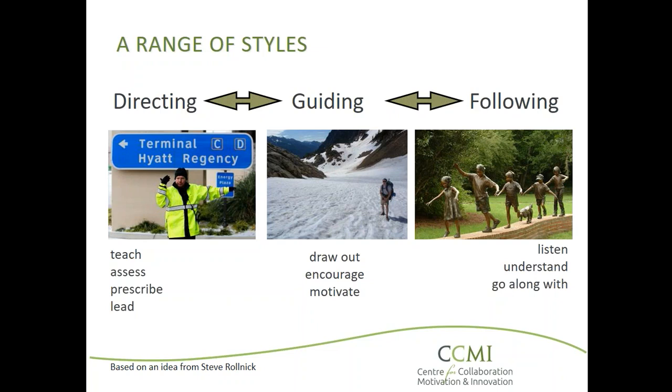On the far right, we have a non-directive style of following the person. The helper refrains from inserting their own ideas unless requested. This includes listening or just being with someone after a stressful situation or when they are coping with a difficult dilemma in which there is no right or wrong way to decide. An example might be someone who is trying to decide to be a living kidney donor, or a couple deciding whether or not to have children.